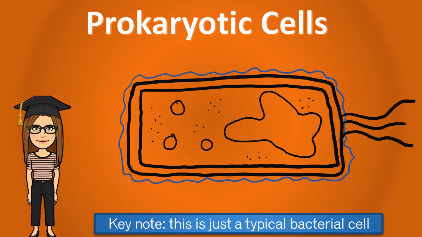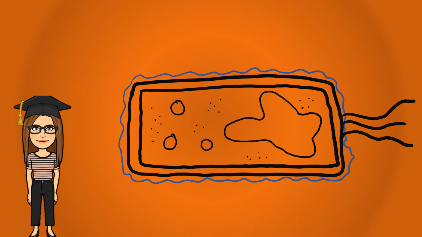So here we have a diagram of a typical bacterial cell. You can see it's a prokaryotic cell as it doesn't contain a nucleus, and instead the DNA is just floating inside the cytoplasm. For your GCSE, you need to be able to identify the different key parts within a bacterial